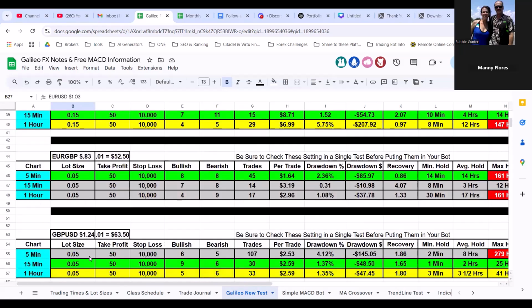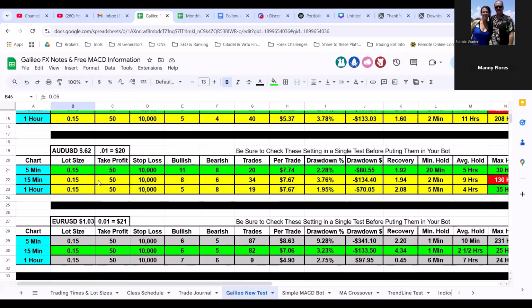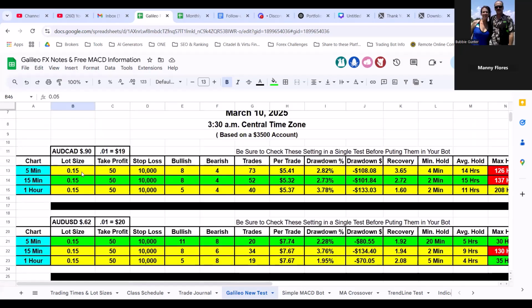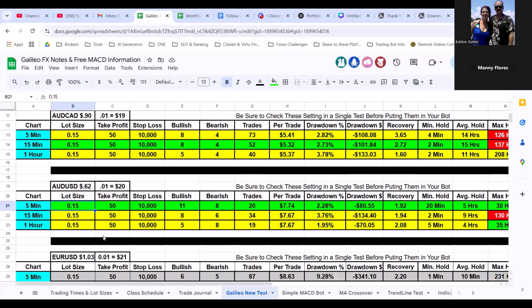You get down here, costs $52. So I haven't moved my lot sizes at all because it's taking too much. And I'd rather take the money that I put on here and make my lot size for the Australian Canadian or the Australian US dollar higher. That way my profits move up